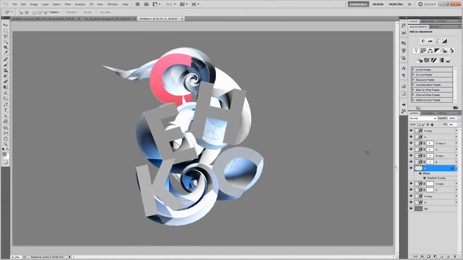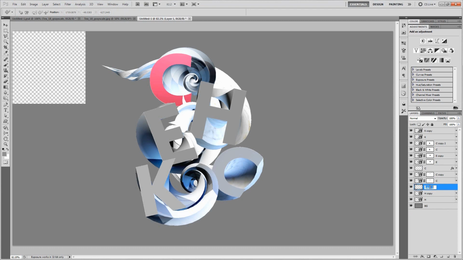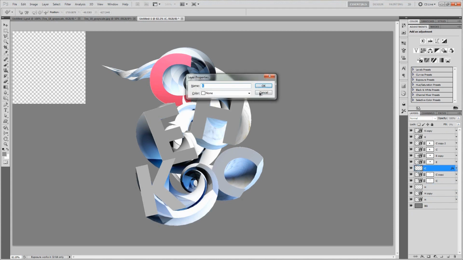Now we'll go on to the letter H. Let's find our letter H down here and make a new layer, call it H. We'll Control-click the letter H and fill it in with white. Let's put that back down to 0. Then we can hold the Alt key, or the Option key on a Mac, and click and drag